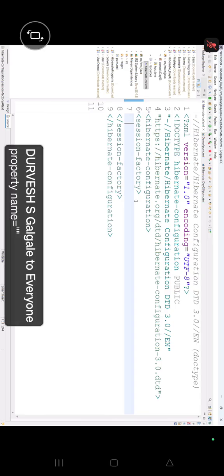Now I'm writing a session factory here. Everyone, concentrate here. Inside this session factory, we are writing property name. Now, the general recommendation is, yesterday people also asked me, can I write driver name, sir? Yes, you can write it. But the issue is, suppose if you write driver name, class name, it will work. It will definitely work. But some of the database versions, I mean to say Hibernate versions, like this version, guys, this one,